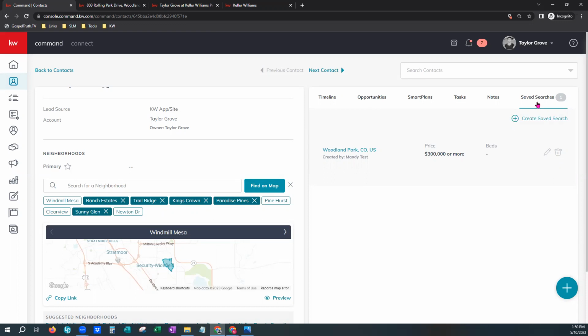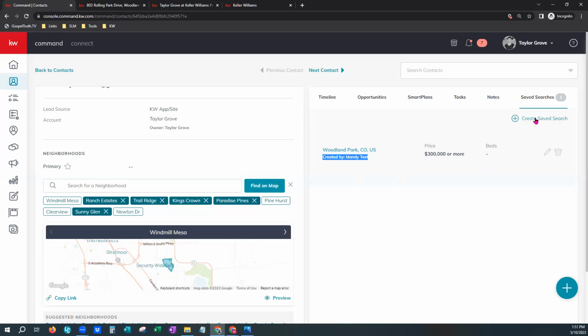But for saved searches that would update automatically where they would get email updates about these particular properties as frequently as they would like, as much as instant, then they would need to be set up either through this by the agent in command or by the consumer through the app like I showed you. So with this one, you'll notice that I don't have the ability to edit or delete this. It's because it was created from the consumer side. Okay, so you can see that that consumer has created that search,